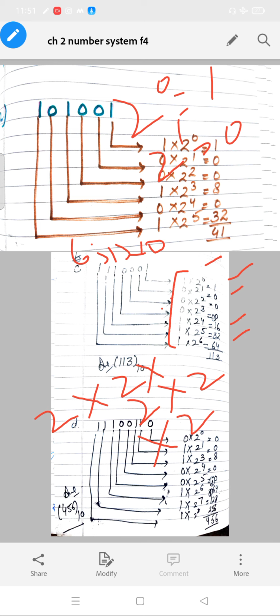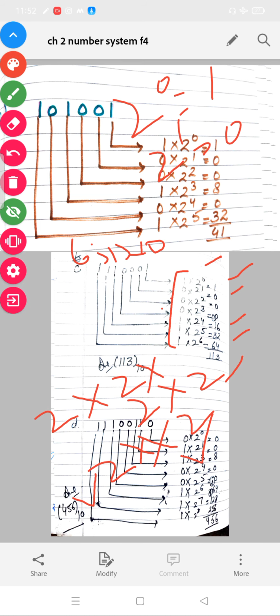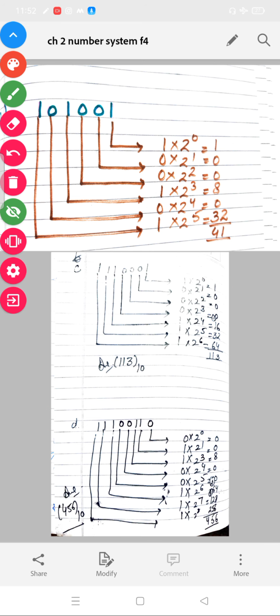And after that we are having 2 for 6 times, we will mention 2 here for 6 times. And for multiplication, 2 2s are 4, 2s are 8, 2s are 16, 2s are 32, 2s are 64. We have mentioned the position of the number as well after the multiplication. So 64 into 1 will be 64, and after that we will do addition, that is 113. So 113 base will be 10 after the decimal conversion. So binary to decimal में आपका result 113 base 10 रहा, base 10 है आपका.